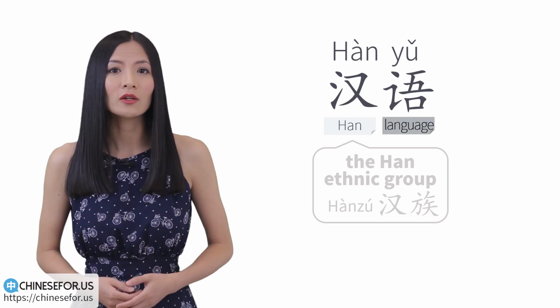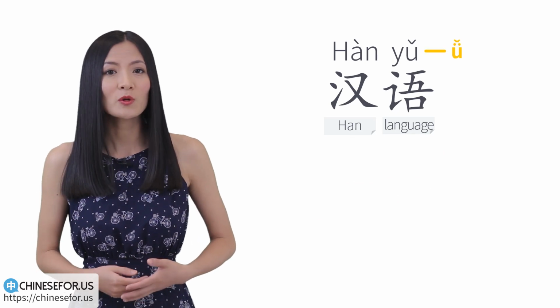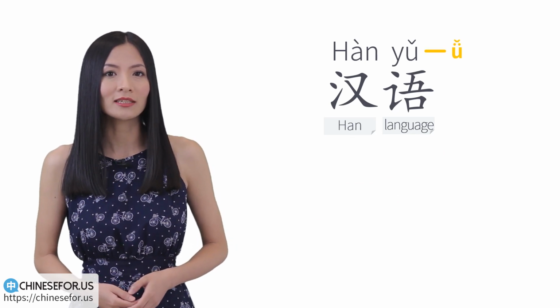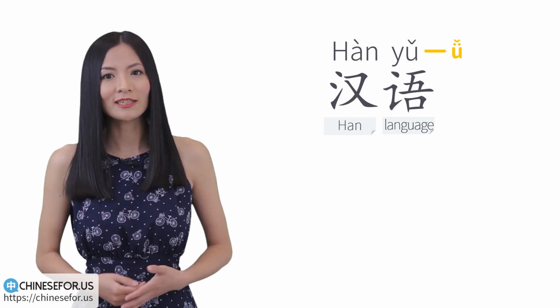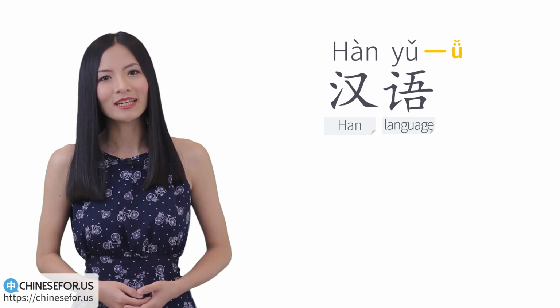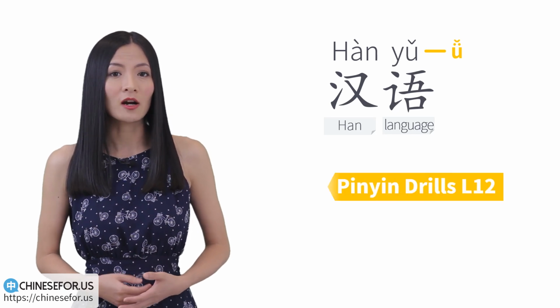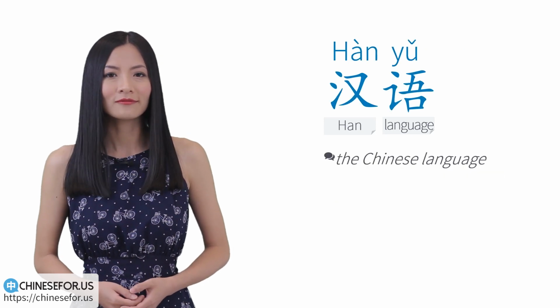Be careful that Yu is actually this sound, the simple Chinese Yu in its third tone. Yu. It's a zero initial syllable. It's one of the pinyin spelling rules. You can learn more about them in our pinyin course, Lesson 12. 汉语。